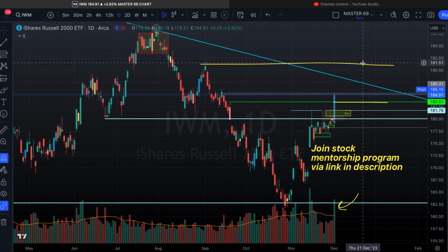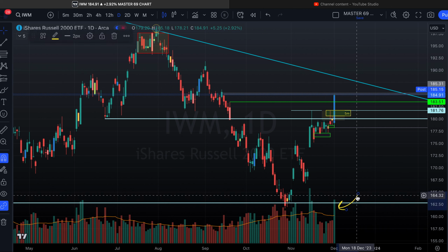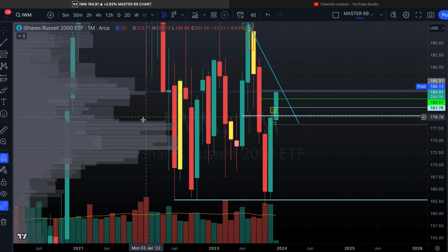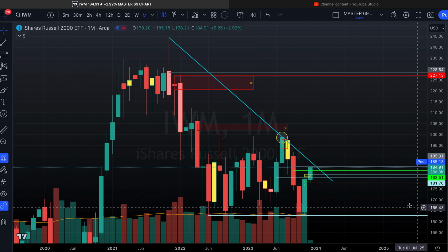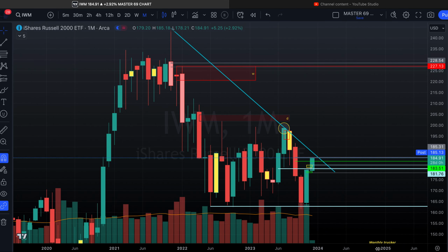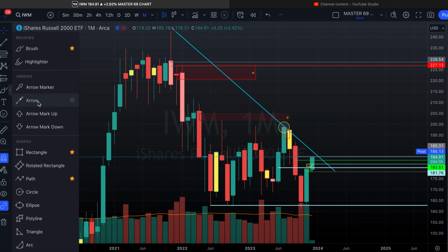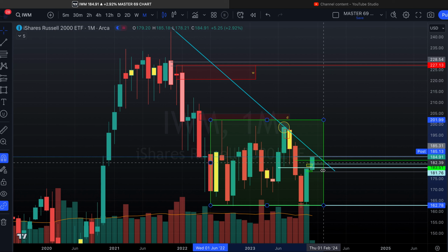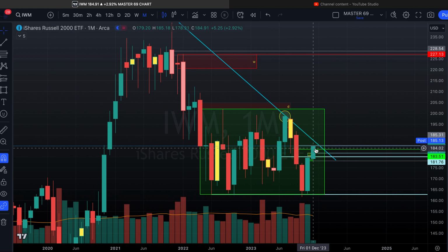So now if we go to the higher time frame, what we will look at is the monthly. On the monthly here, what you have is a setup that is basically just like Wyckoff's method. So what you essentially would point out here is that you've got a range that's been happening for 18 months now. That's crazy long. And as long as that range is